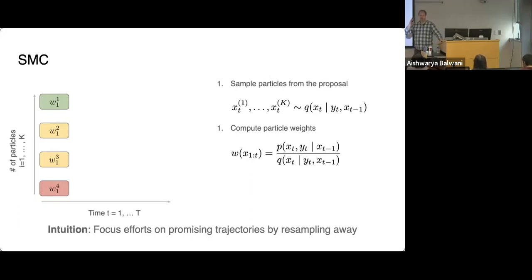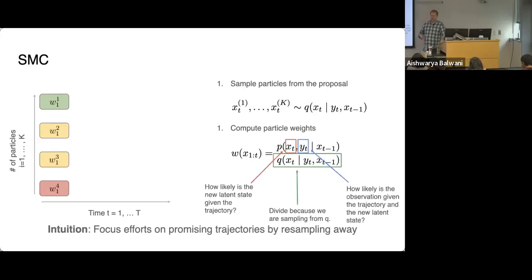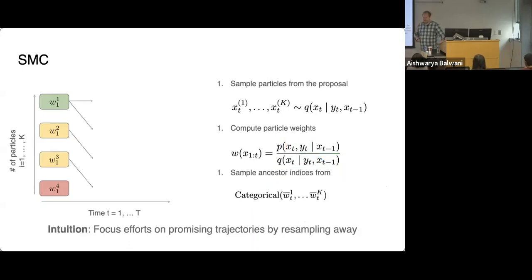Some of these particles are going to be good. They're going to be close. They're going to assign high probability to the data at this time step. Others are not going to be so good. We're going to try to focus our effort on promising trajectories. So rather than just propagating all of these forward, we're going to try to focus on the good ones. So, what are these weights telling us? The first part is how likely was this particle to have continued from the trajectory up until time t. The likelihood is how consistent it is, or how likely the data is under this particle. Then we have to divide by q in order to normalize, just like we did with importance sampling.